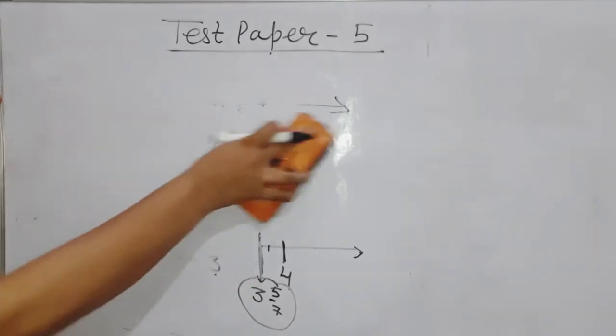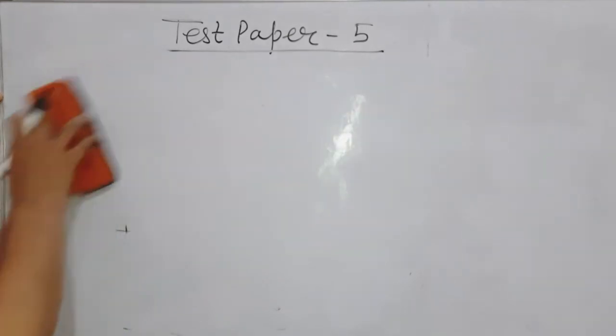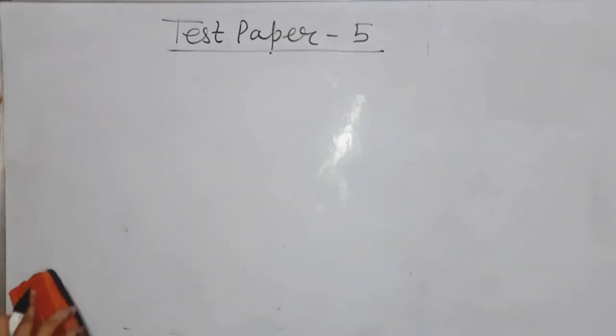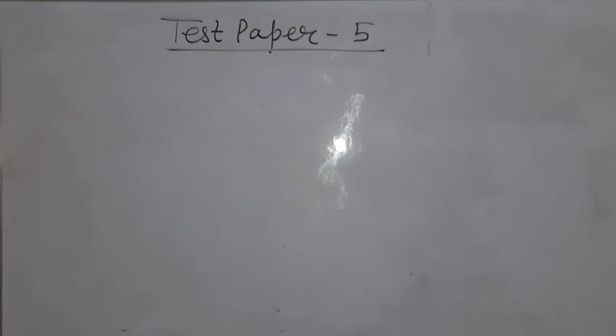Okay students, very easy question. I know you all will be able to do that. After doing the question, please, it's a request and it's also mandatory, match your answers with the back of the book, where answers are given. There is a possibility that your answer might be wrong. If you solve it 2-3 times, then your answer is correct. The answer given at the back of the book must be wrong.